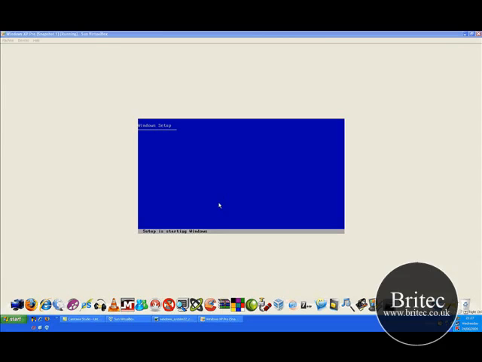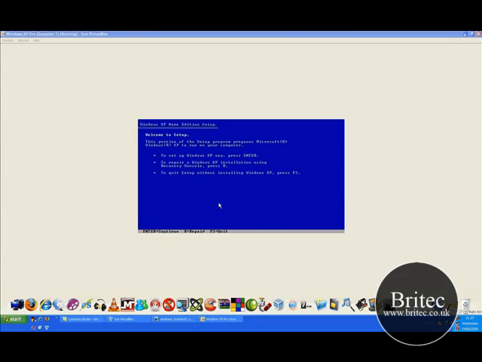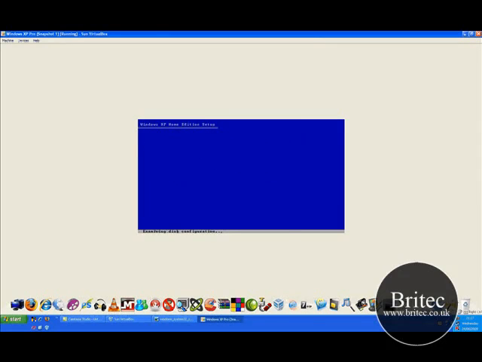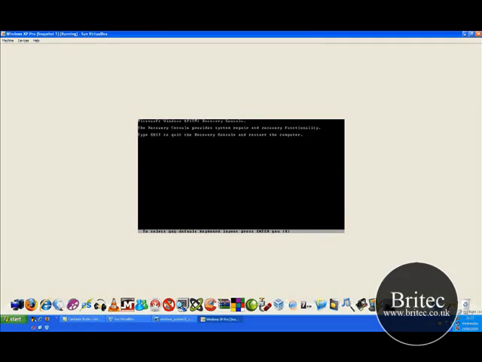So I'm going to need to push R when it comes up. So I'm going to push R here. Let me just access the keyboard. That's it, R, and then this will come back into the recovery console like so. I'm going to do 1, and I'm just going to type in now cd. Okay, so we need to go back to the actual C:\ system